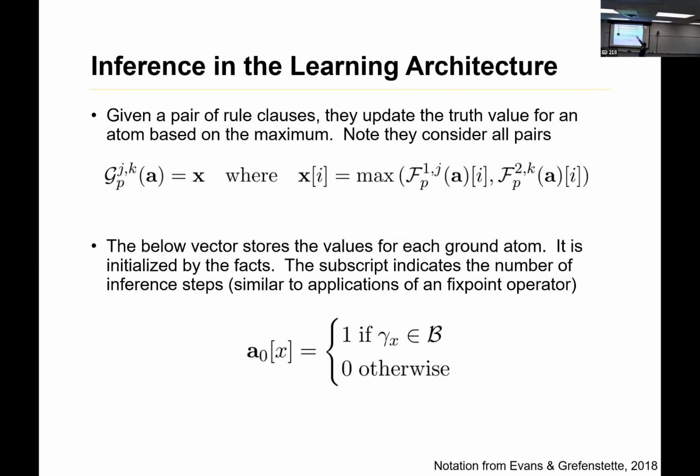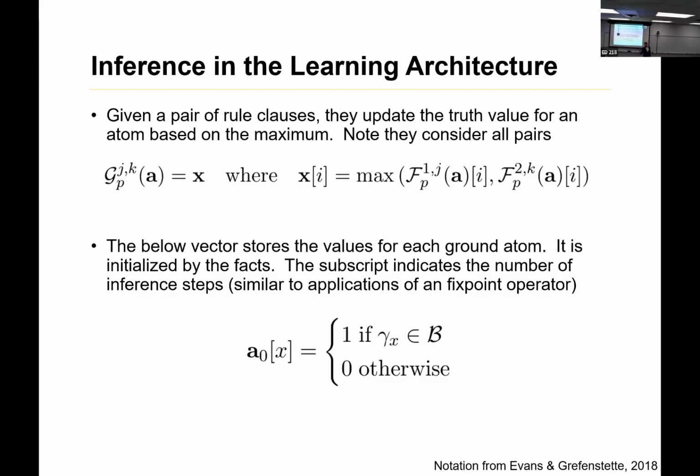What this is doing is, for these two Fs, it's taking the maximum of the two. You can think of the A vector as a vector representation of a set of ground atoms. What these two Fs are doing is, for two of those clauses, one from the first template and another from the second template, because we're going to pick one per template,